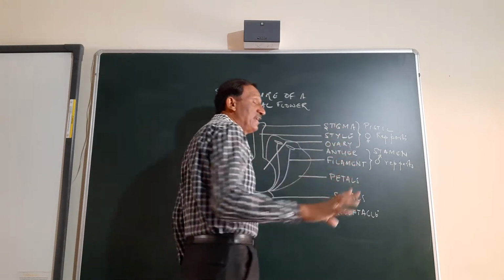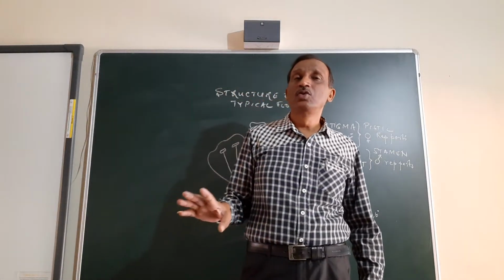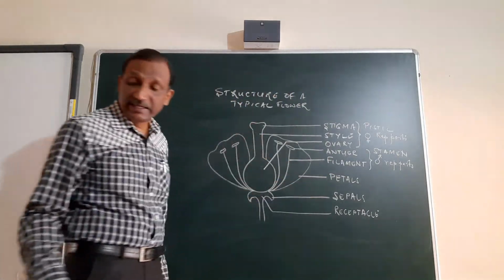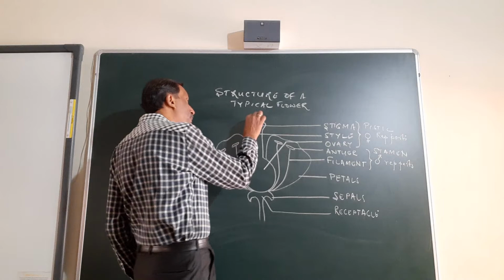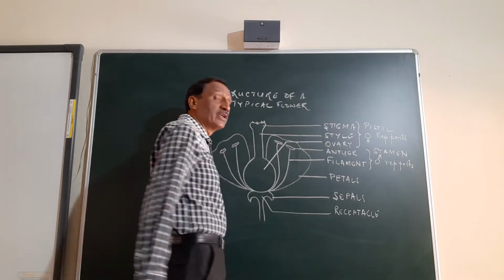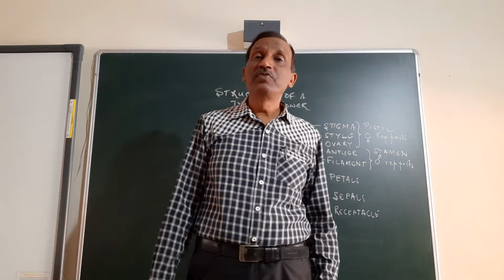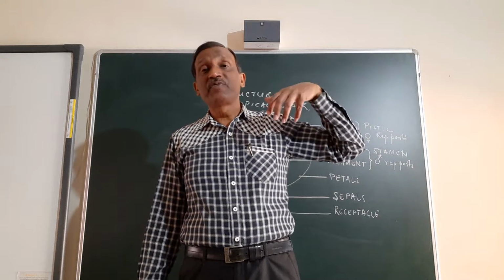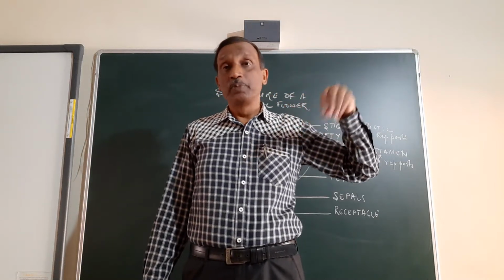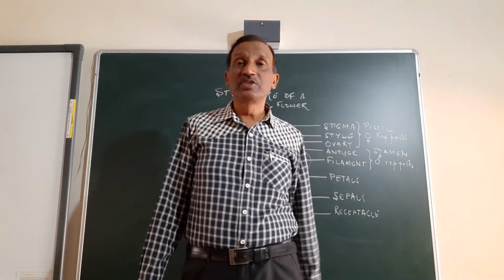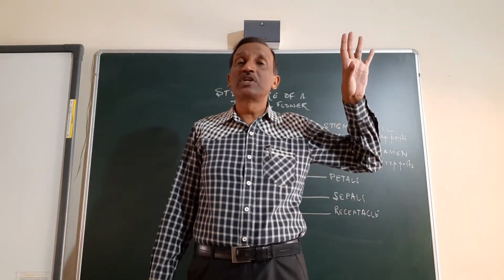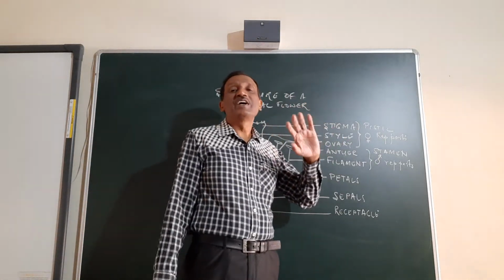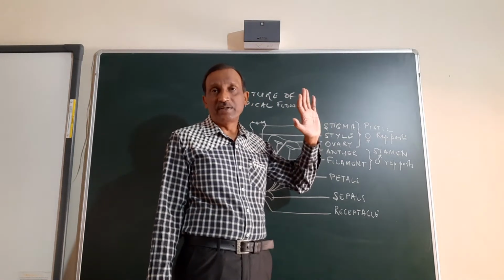Again, the stigma and style are not taking direct part in the reproduction. They are just accessories. Now, stigma is the landing platform for the pollen grain. The pollen grains will fall here. Obviously, the pollen grain is coming from outside, brought by the pollinator, so the pollinator will not go inside to reach the stigma. So they should also be exposed to the outside only. So anther and stigma, these are the two parts which are generally exposed outside the flower.